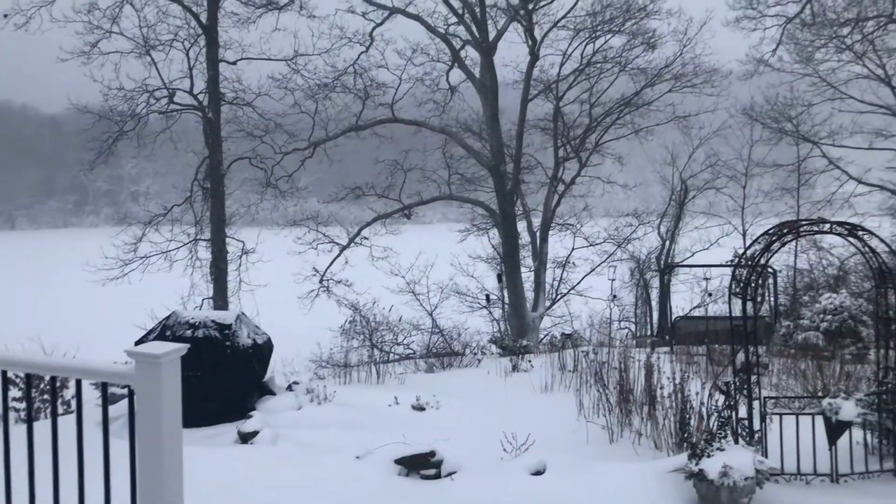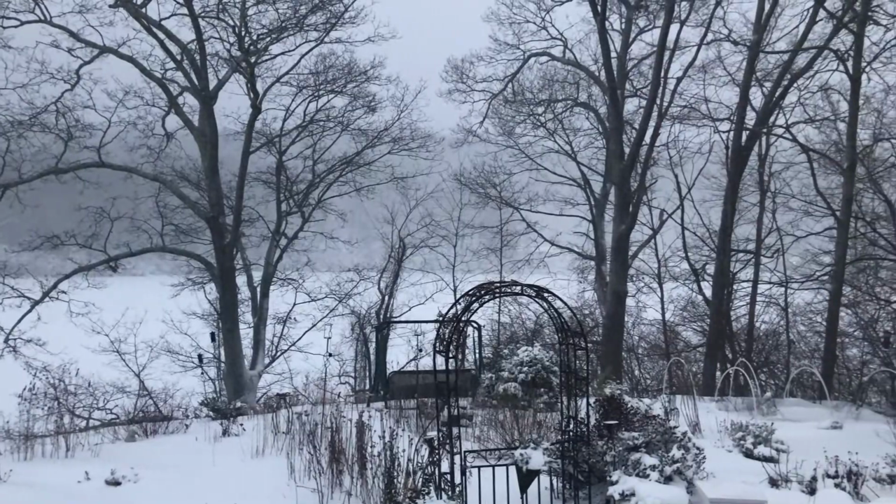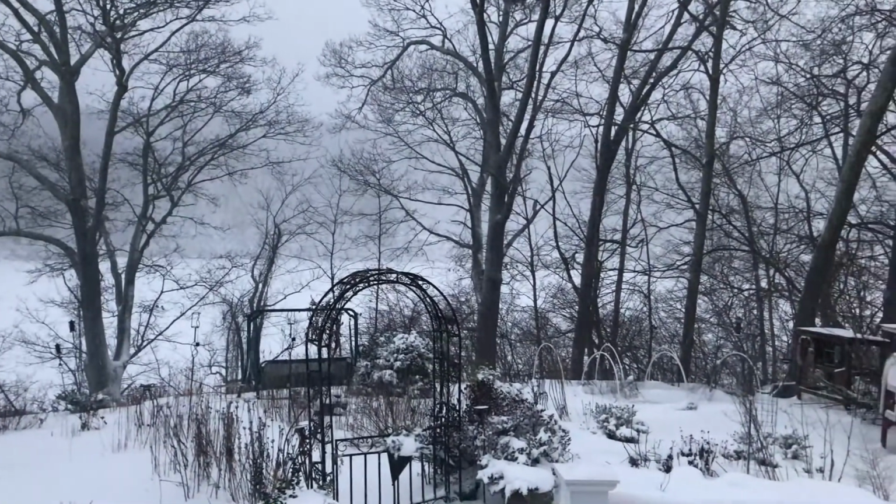So here we are at the end of week 5. So what did week 5 give us? Well, we got a lot of snow. We got about a foot of snow here. So most of this week was about cleaning up and making sure we had all of the ice and snow